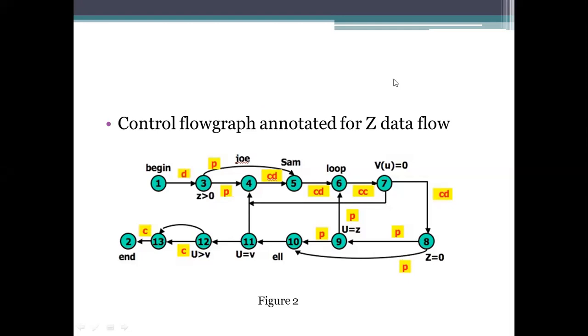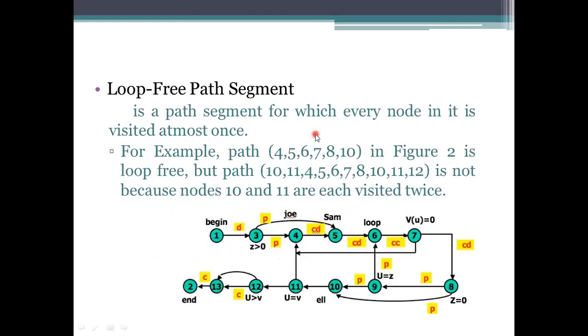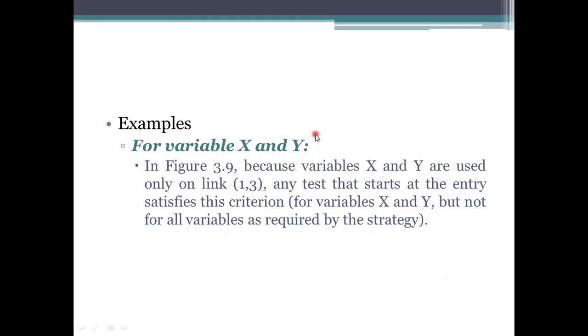And coming to the next one, which is the v variable. We know that the v variable has been defined at the start of the program only, and we are using that defined variable multiple times. Multiple times has been specified here. And coming to this one, in this representation, as you see, variables x and y.